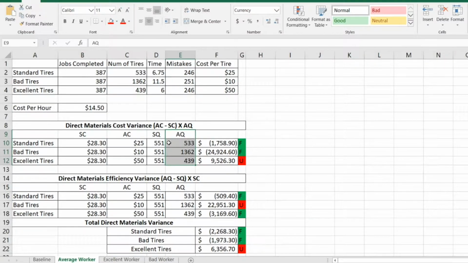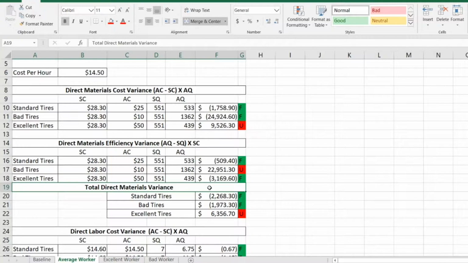And with this, we find that standard tires have a $1,700 favorable outcome, bad tires have a $25,000 favorable outcome, and excellent tires have a $9,000 unfavorable outcome. This brings us to our total direct materials variance, which is based on the direct materials cost variance added to the direct materials efficiency variance, which for standard tires is $2,000 favorable, bad tires is almost $2,000 favorable, and excellent